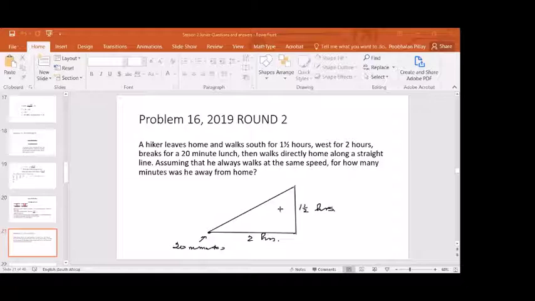They say that he always walks at the same speed. So if he's walking here at 20 km per hour, that's too fast. If he's walking at 5 km per hour here, too he is walking 5 km per hour, here too 5 km per hour. So it follows that the ratios, this will be 1.5, 2,